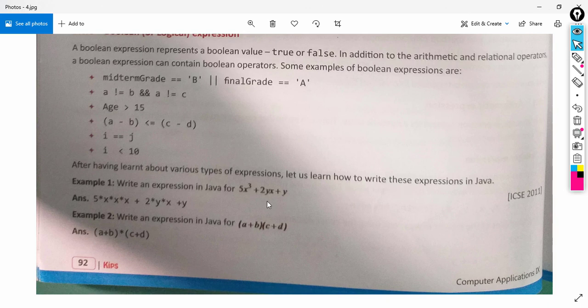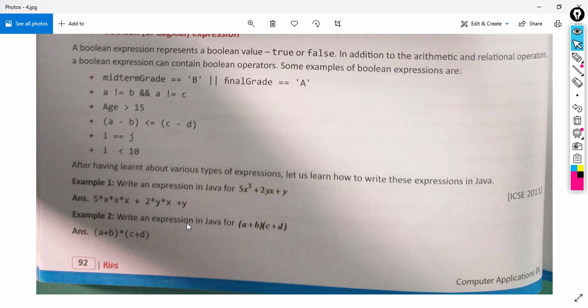So if multiple operators are there in an expression, we will use precedence and associativity, which we have learned in the previous video. From the previous video, we can understand what is precedence and associativity. If a single expression contains multiple operators, we will solve that expression by checking the priority and associativity of each operator.